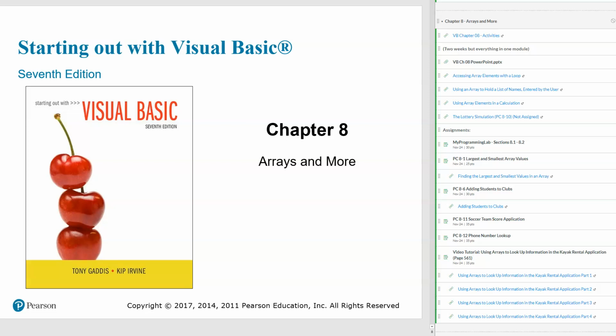Okay, so welcome to Chapter 8, and Chapter 8 is all about arrays. So, well, I guess arrays and more. There's a little bit of GUI design towards the back of the chapter, but for the most part,